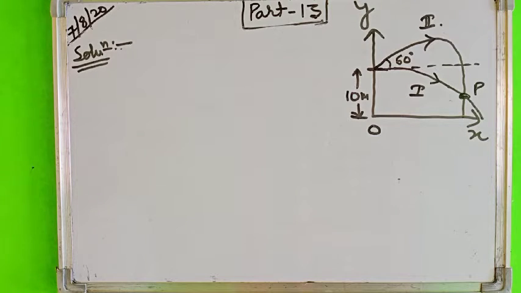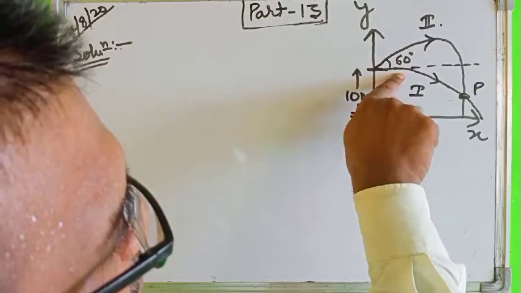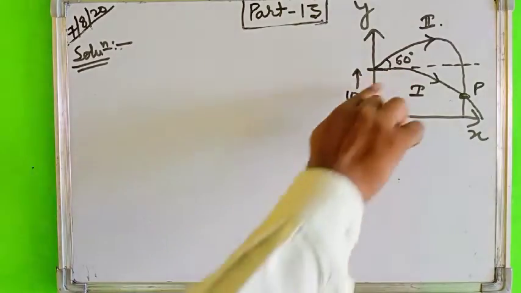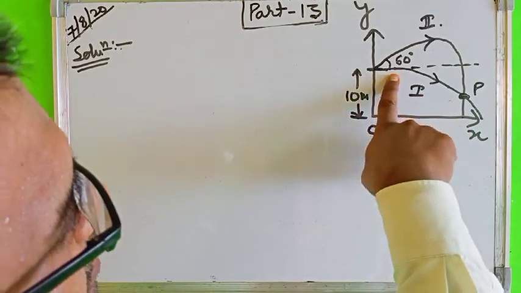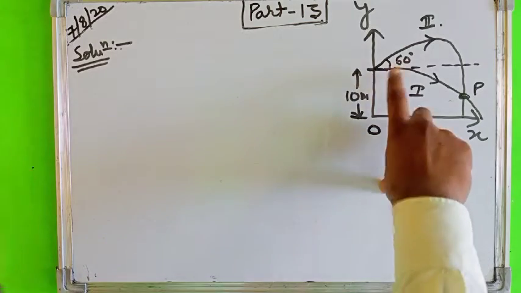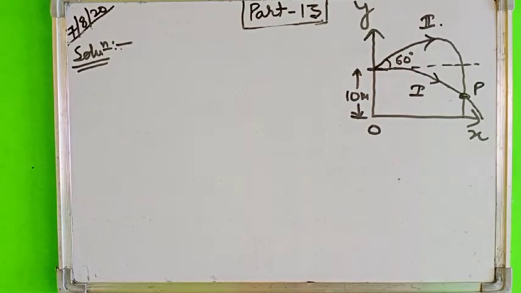So dear students, I think you had understood the question. The first gun is fired horizontally and the initial speed is given in the question, that is 5√3 meter per second. Both the guns have the initial speed of 5√3 meter per second. If the gun is fired horizontally, then there is no vertical component of the velocity.